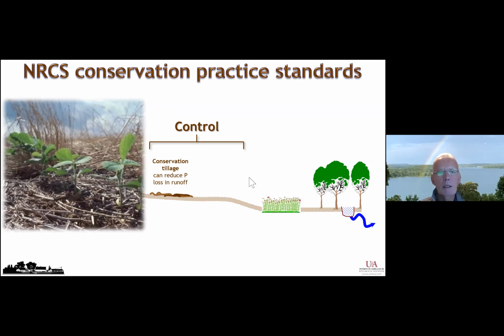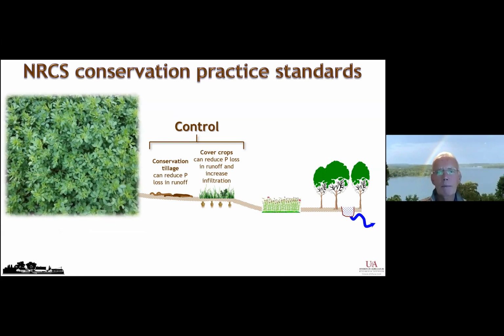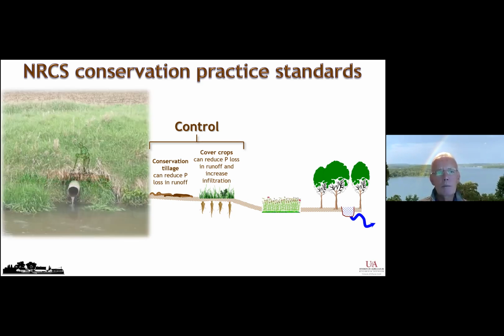And it can reduce total phosphorus loss in runoff. Same with cover crops, protecting the soil surface during that vulnerable period of the farming cycle during the year, mainly in the winter. Keeping a cover crop on the surface can reduce phosphorus runoff, can reduce erosion, and in many cases increase infiltration. So there are benefits. And the other is looking at drainage. Tiles have been implemented